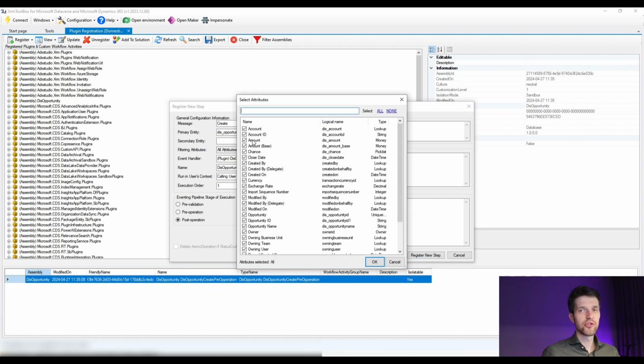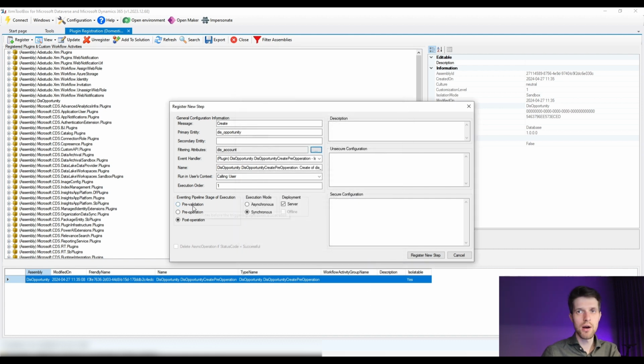We will want to select only account as an attribute that triggers our logic, because as we discussed earlier, whenever account is suspended, we want to throw an error. In case account is not assigned to our opportunity, I don't really want to run the plugin. So I will select that I will trigger the plugin on none of the attributes and then just select account and press OK. So now our plugin will be launched whenever the opportunity is created with account entity as a